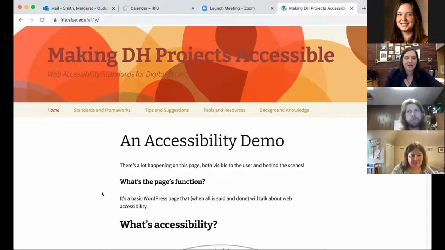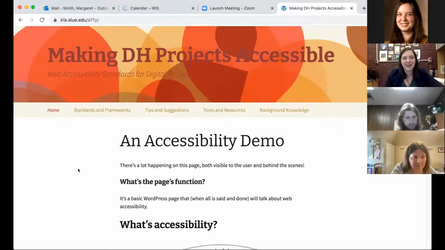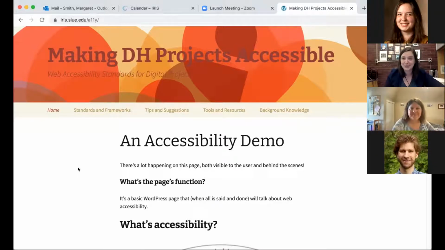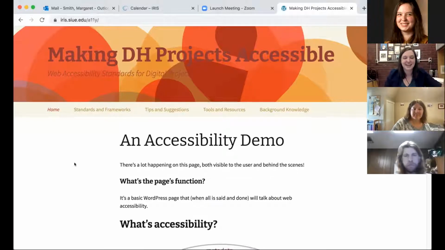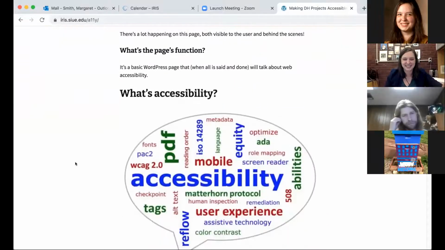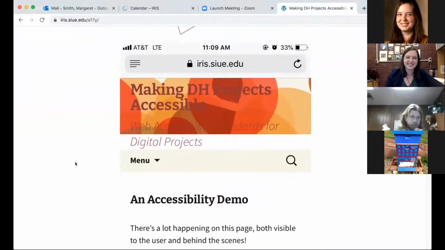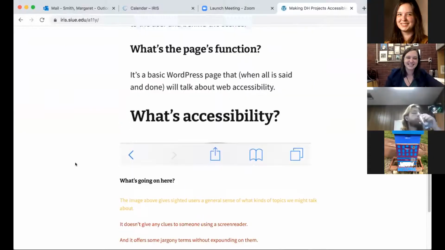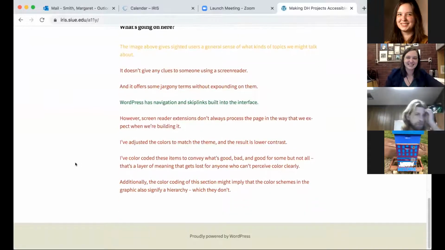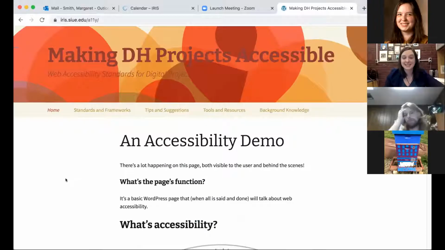So here we are with an accessibility demo here. So I have designed this page to be as inaccessible as possible, which is actually very difficult on WordPress. So just right off the bat, does anyone want to jump in with anything that they see as I scroll through here? If not, I'll talk, don't worry. But okay, so I have some things that I did to make it